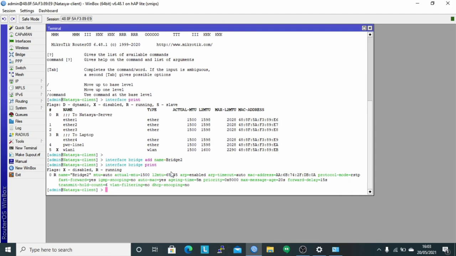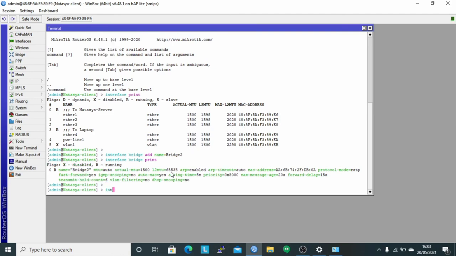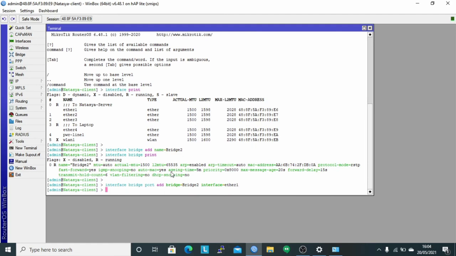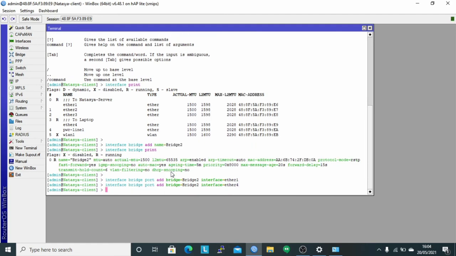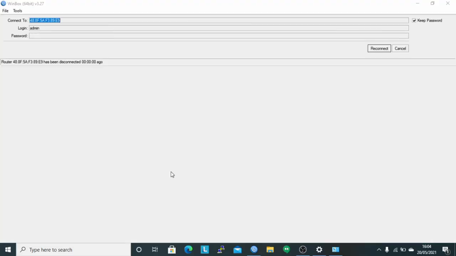Then add Ether1 and Ether4 to the bridge port on bridge2 with the command interface bridge port add, using bridge is bridge2 and interface is Ether1, and next for Ether4.